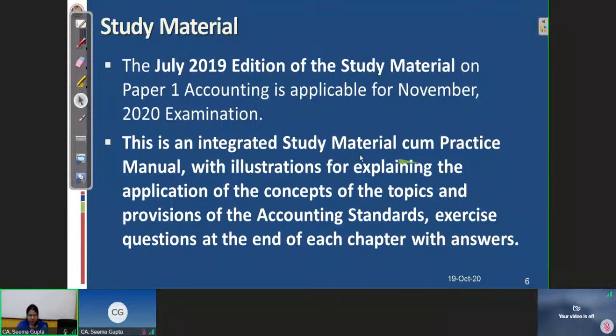Because when practical papers give you scope for increasing marks, at the same time they give scope for reduction of marks also, if you do not attempt the practical problem in the desired manner with adequate working notes, within the prescribed formats if any, and with due disclosures and notes. So that important factor we always have to keep in our mind while practicing, while attempting those questions in our registers.